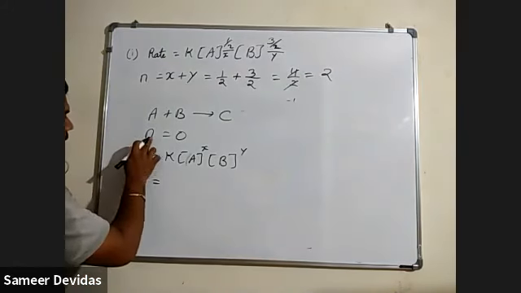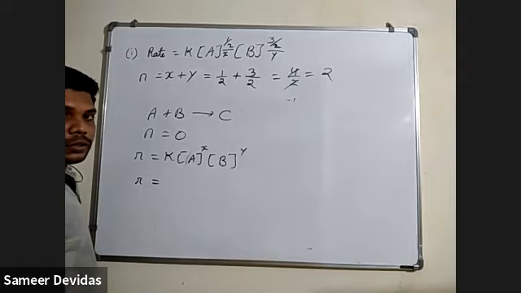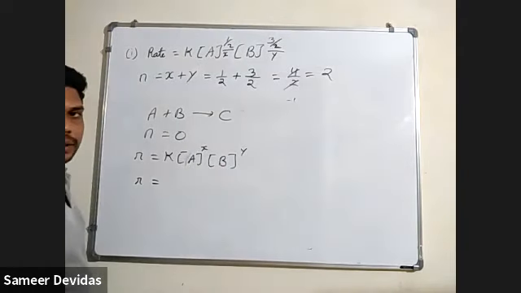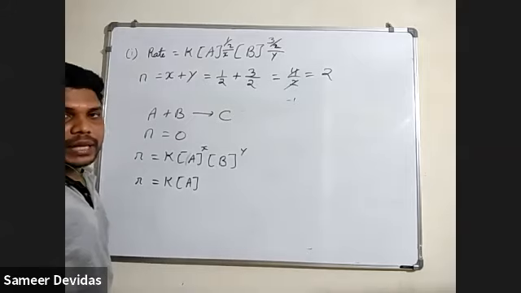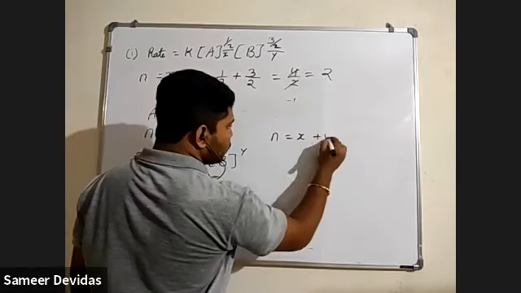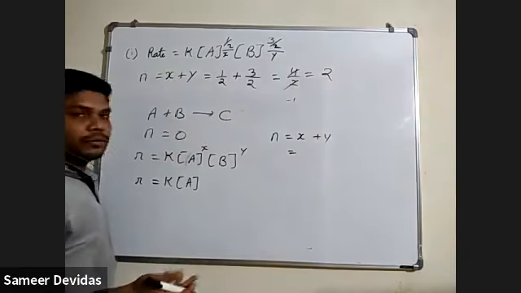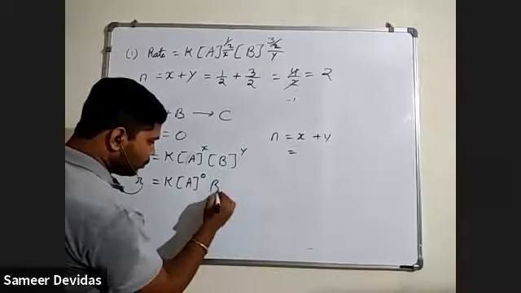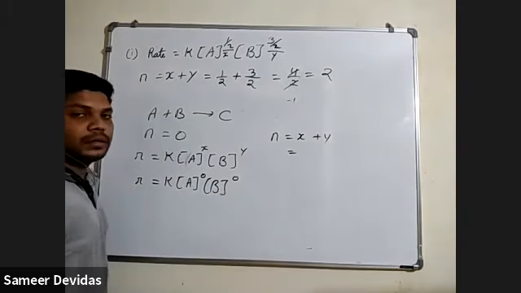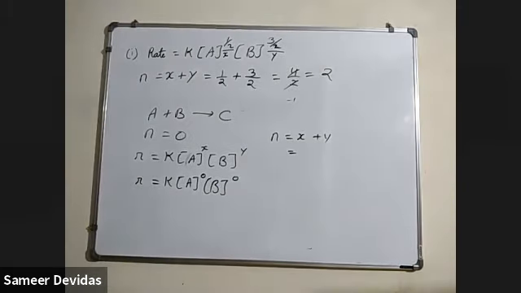So they have said order is 0. Yes or no? That means what is X and what is Y, students? 0. What is X and what is Y? 0. Answer is 0. N is 0, they have said. Zero order reaction. N is what? It is X plus Y. So now you tell when you will get 0. Yes, so it is A raised to 0, B raised to 0. Yes or no? Yes, sir.